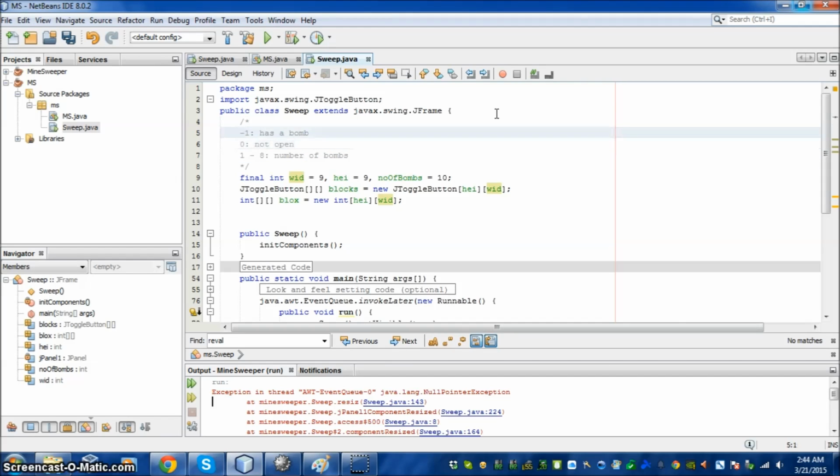So when it's -1, we know it has a bomb in there. When it's 0, we know it's not open. And from 1 to 8, that block's number is the number of bombs around that block. So when I say that block is 3, it means it has 3 bombs around it. Alright,